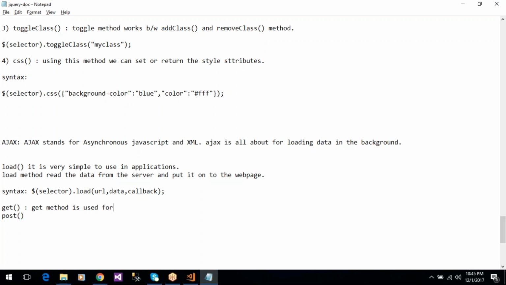is used to request the data from a specified resource. Specified resource means server. Okay, from the specified database it will get the data from the server, and post method